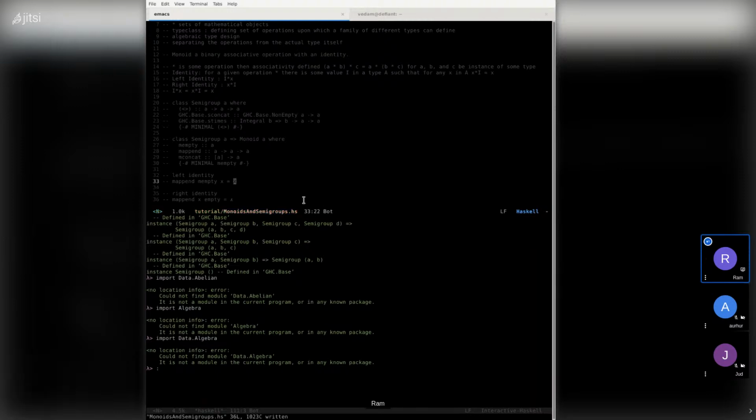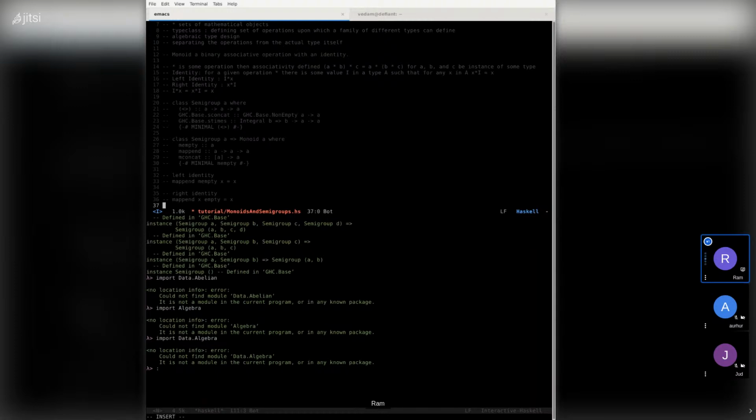Mappend, like I said, is the associative operation. You can define it any way you want in terms of your type. Your type is really going to determine how you define associativity for that given type.